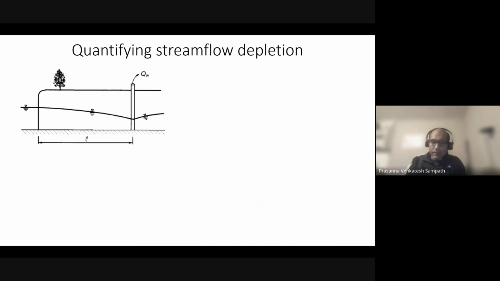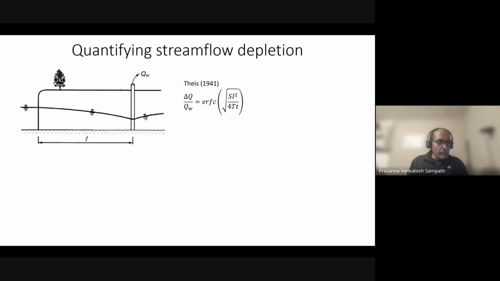So far we have been talking about it in a qualitative fashion. Now to quantify it, there have been n number of approaches taken. The first one was from Theis in the 1940s, a simple function that he derived. Delta Q is the stream flow depletion, divided by QW, which is the rate of pumping. The pumping well is pumping at a rate of QW at a distance of L from the stream nearby, and the stream flow depletion, which we're going to call delta Q, divided by QW is equal to this